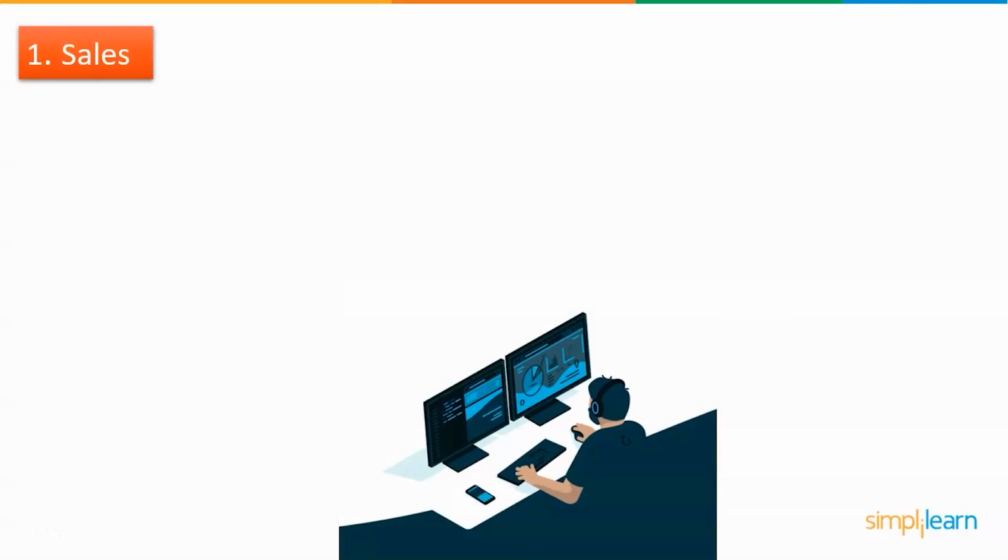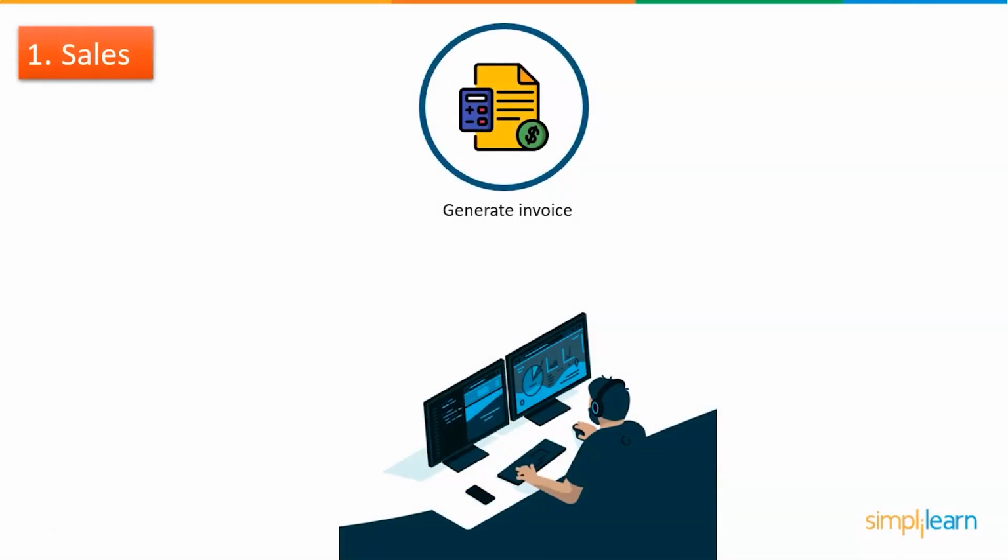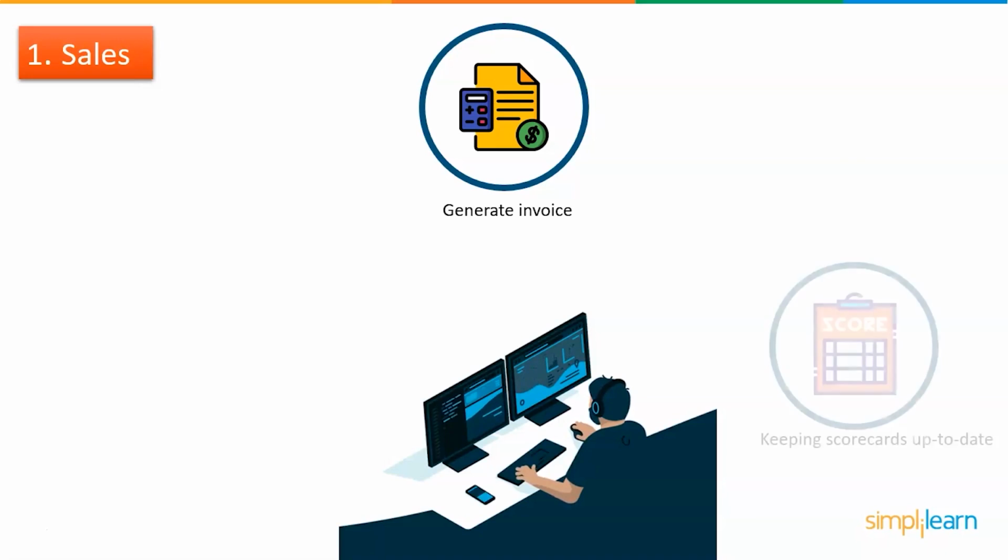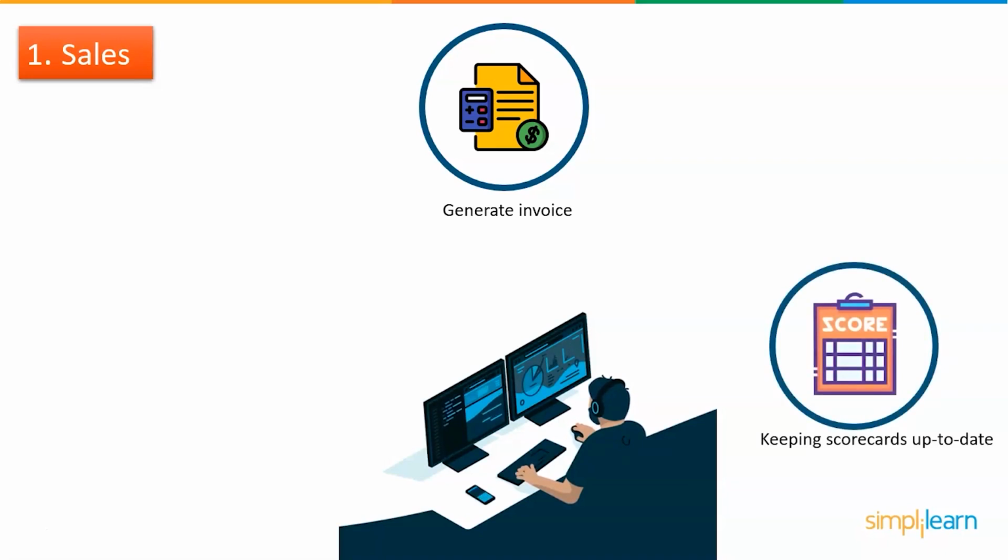In sales, UiPath is used to generate invoices. This is an example of data replication in action. Both CRM and accounting systems must have the same sales details. Bots can update accounting records, prepare and send invoices from the appropriate email addresses instead of manually replicating data. It is also used in keeping scorecards up to date. Companies that do not have HR and CRM systems integrated can use RPA bots to ensure that CRM adjustments are submitted to scorecards in real time, allowing sales reps to track their progress.